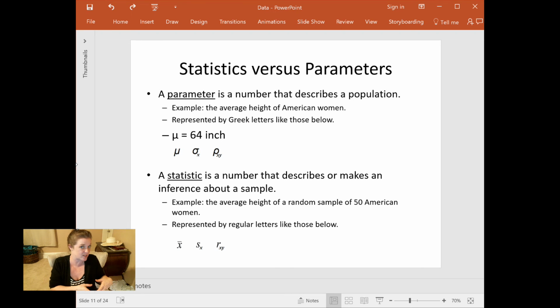Because it's only 100 women, it's only a small sample. If I get their average height of let's say 64.5 inches, that's a sample statistic. And I'm going to look at that sample statistic and I'm going to go, I bet the population parameter for height is also pretty close to 64.5 inches. Now I happen to know that the population average is 64, but let's say I didn't. I would use my sample average to make decisions about my population average. And so my sample average is the statistic, and my population average of 64 is the parameter.